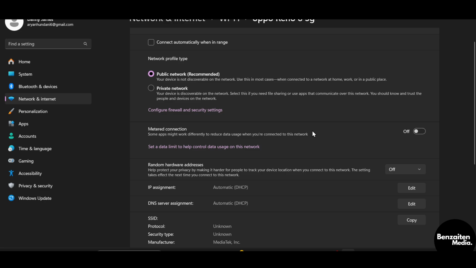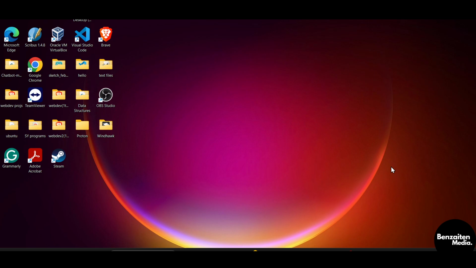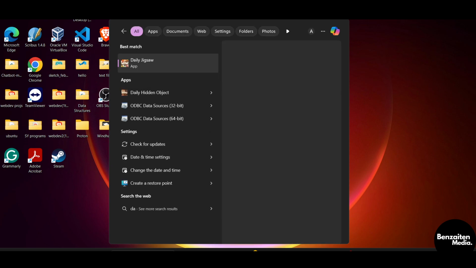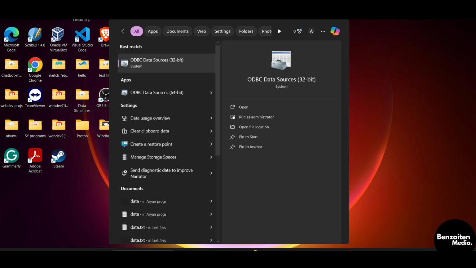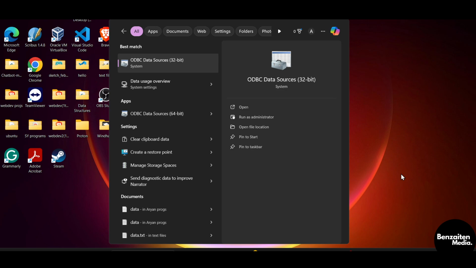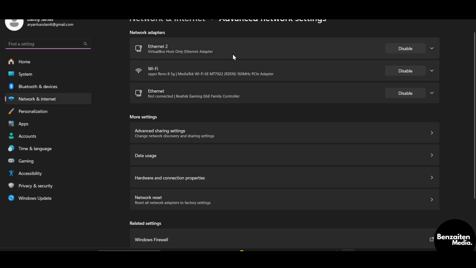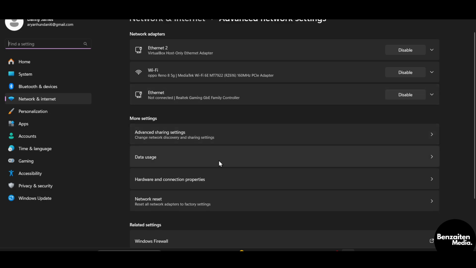And after turning off this metered connection, you just need to come back to your desktop and then you need to click on the search bar and then you need to type data usage overview. And after that, when you open this data usage overview application, from here, you need to click on